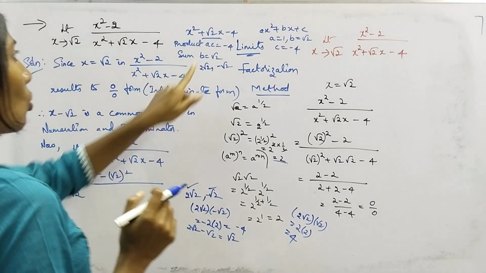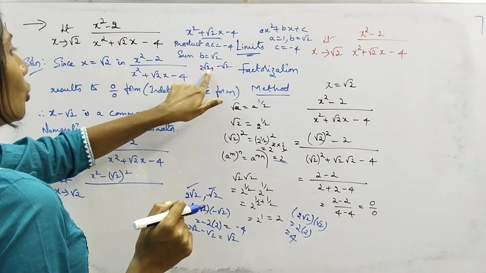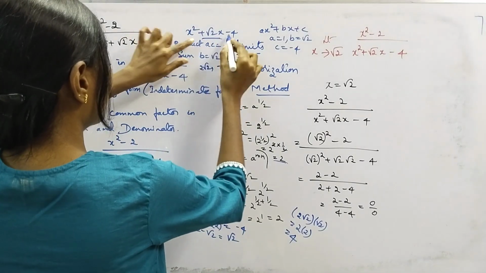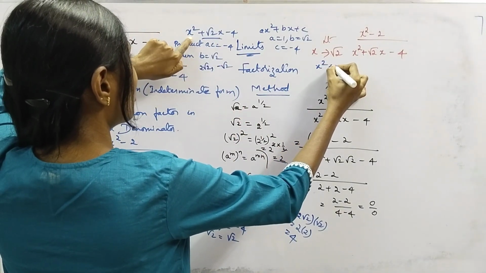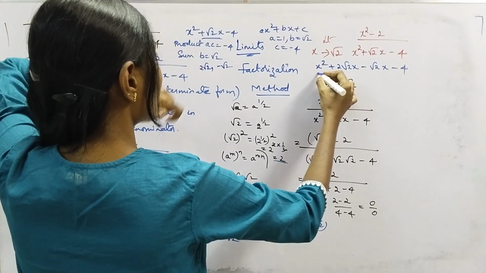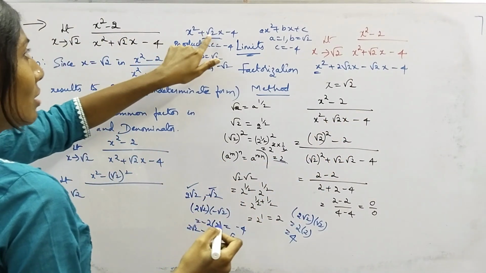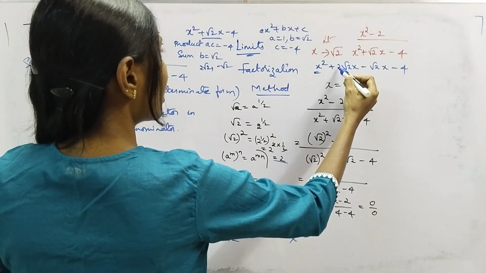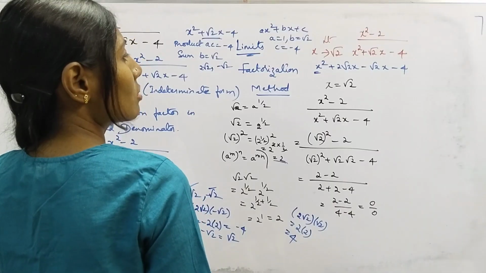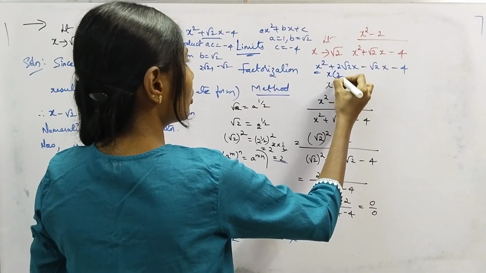This is 1 root 2x, right? So you can split this as plus 2 root 2x minus root 2x. So we can write this as x square plus 2 root 2x minus root 2x minus 4. See, plus 2 root 2x minus root 2x gives plus root 2x, right? If we take root 2x common from these two terms, you'll get 2 minus 1 times root 2x, so you'll get only 1 root 2x. So it's correct. Now take x common, you'll get x times